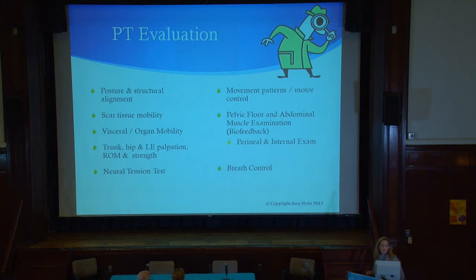For the objective part, we would go through a postural and structural alignment assessment. Is there any scar tissue that's causing the pain? Is it surrounding a nerve that's causing pain in the back or abdominal region? We'll look at visceral mobility. Is there scarring all around any of the organs that's causing pain and a problem? Trunk, hip, lower extremity palpation is important, range of motion, and strength testing. Neural tension, are there issues with any nerves in the abdominal or pelvic region? Movement patterns, motor control, pelvic floor, abdominal muscle exam, including the perineal and the internal muscles if necessary, as well as breath control. Is the patient contributing to their symptoms by having hyperventilating type or shortness of breath